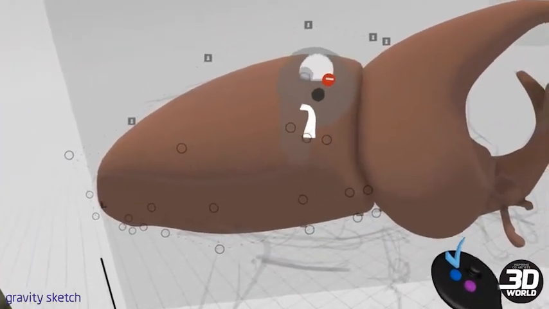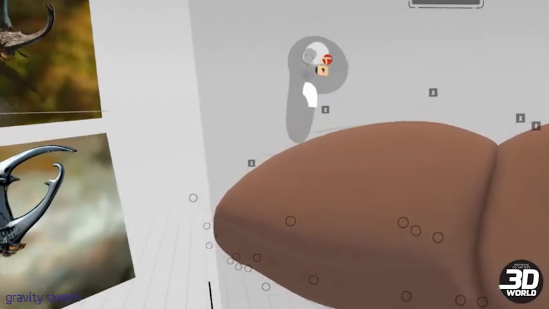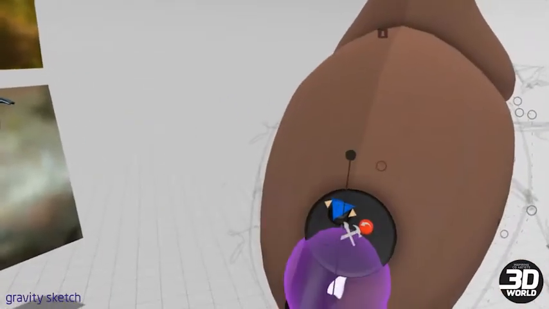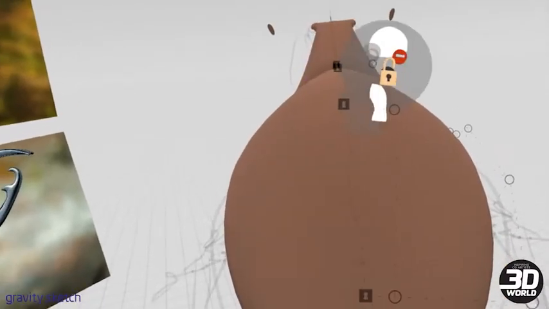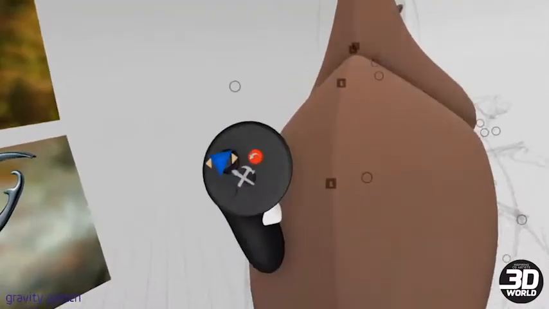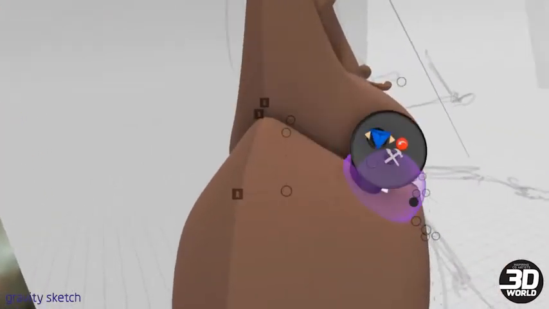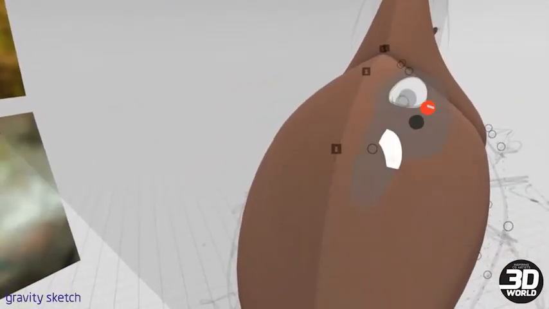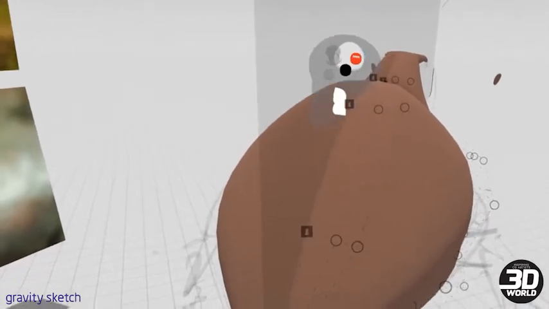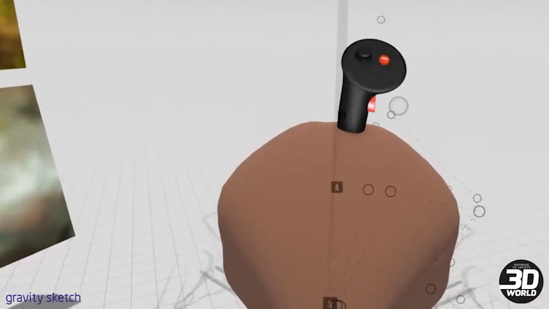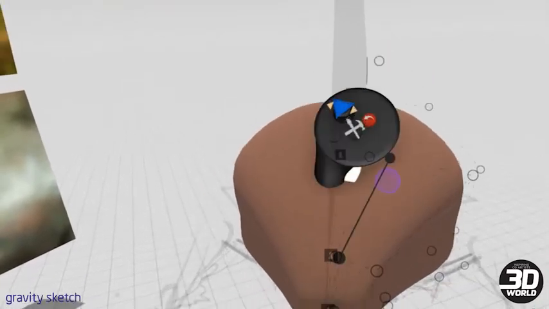Put it back a bit there. And then maybe just add some splits in here, because on the back of the beetle I want him to look as if the casing is splitting on the back. We could even do another one in there like so, just to give us a little bit of a dip. And one here,